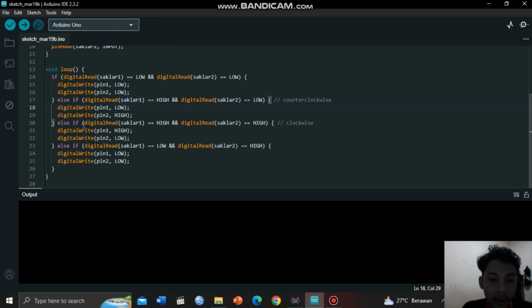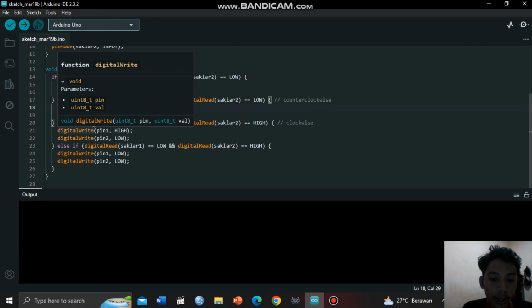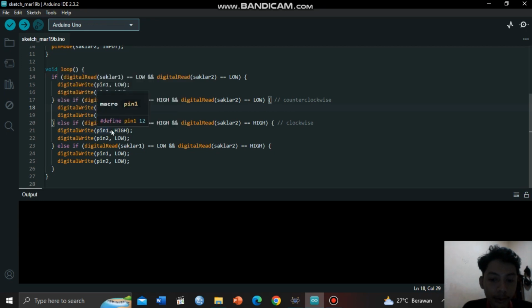Then this program mesh. Then if 0 is high and 1 is high, the ON switch is on and the CW or CCW switch is on, then the DC motor will rotate clockwise.